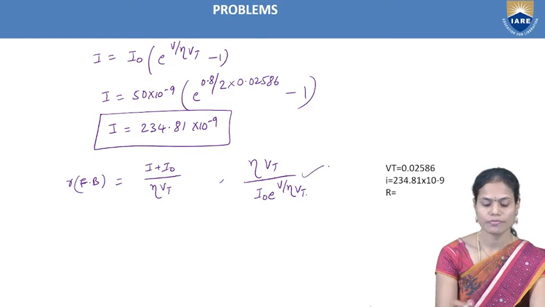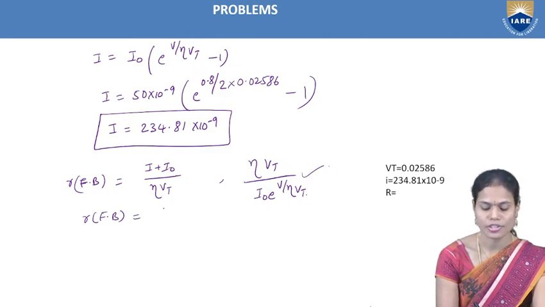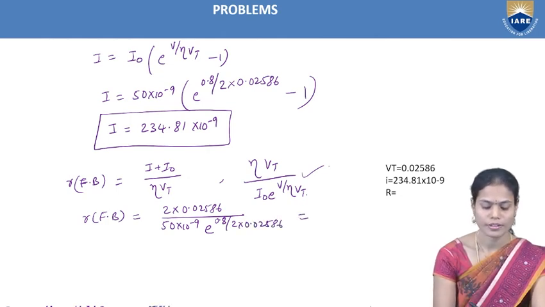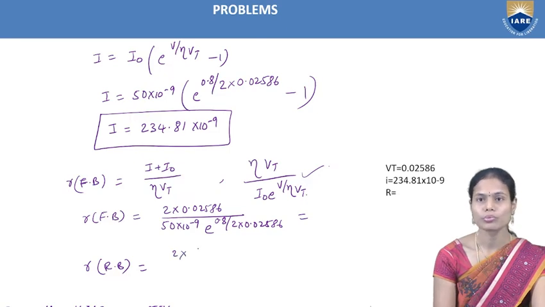If we choose this one, the resistance in the forward bias condition is 2 into 0.02586 divided by 50 into 10 power minus 9, e power V, whose value is 0.8, divided by 2 into 0.02586. And to find it in the reverse bias condition, we will get 2 into